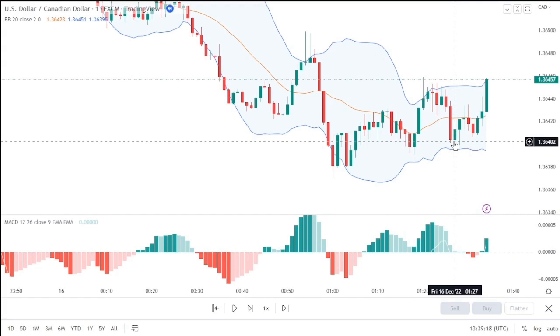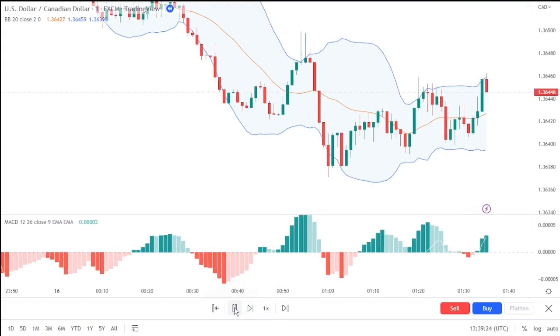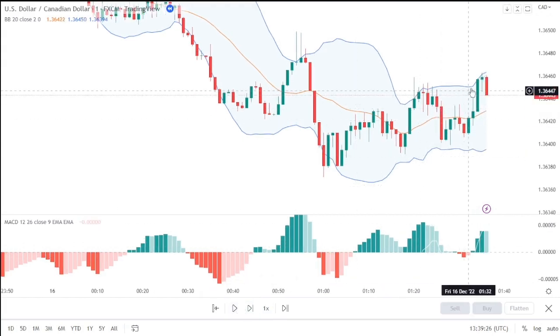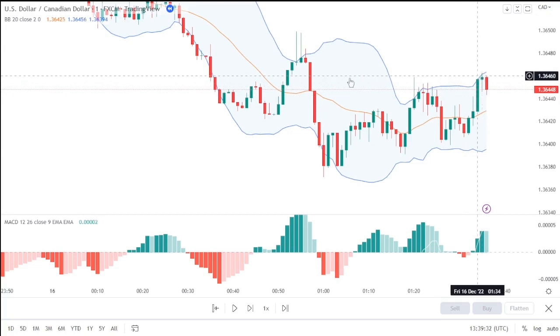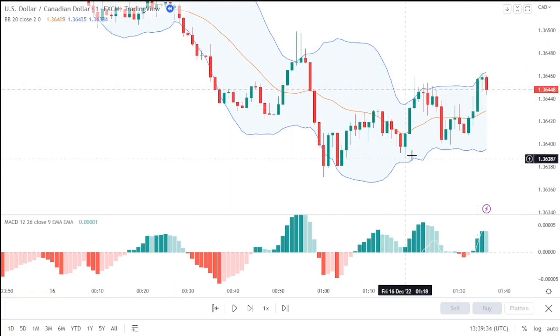So with divergence, here's what you look for. Let's say you are looking into the market and the market is moving just like this, right? And then you see that the market has gone outside the bands right here, right? And you want to sell, but before you sell, what you want to do here is you want to take